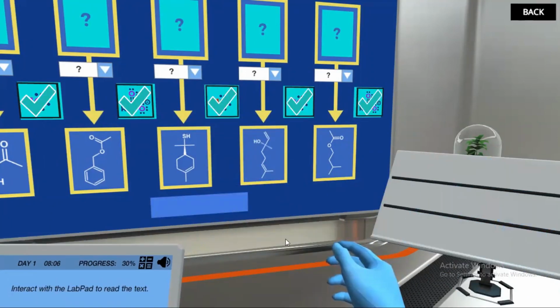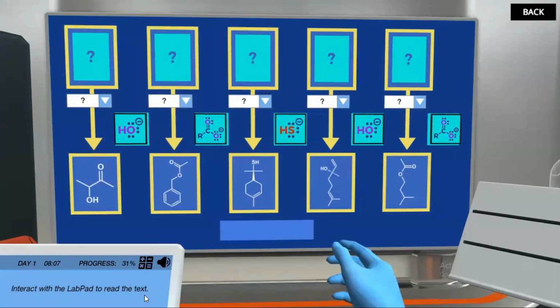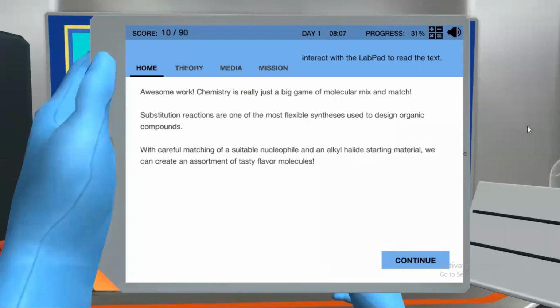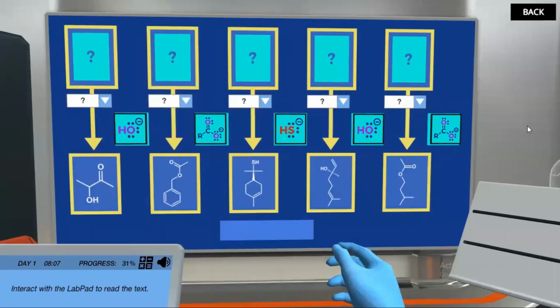Fantastic work. You really know your nucleophiles. Awesome work. Chemistry is really just a big game of molecular mix and match. Substitution reactions are one of the most flexible syntheses used to define organic compounds. With careful matching of a suitable nucleophile and an alkyl halide starting material, we can create an assortment of tasty flavor